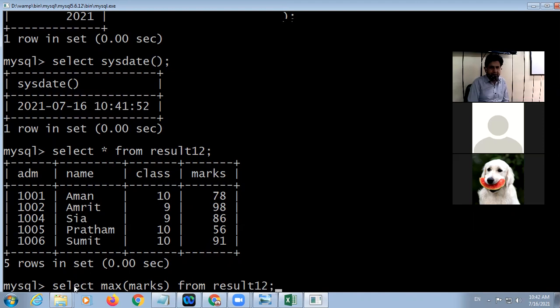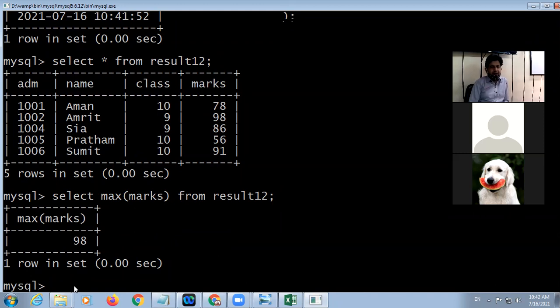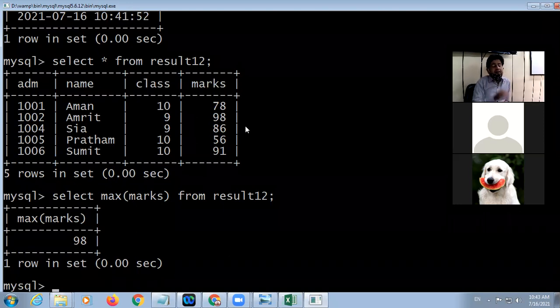Okay, students, it will give us 98. It is applicable on the full table. But if I want the marks for each class, there is a 10th class, there is a 9th class, I want to display maximum marks in class 10, maximum marks in class 9. But remember one thing, maximum is an aggregate function. It will return a single value.